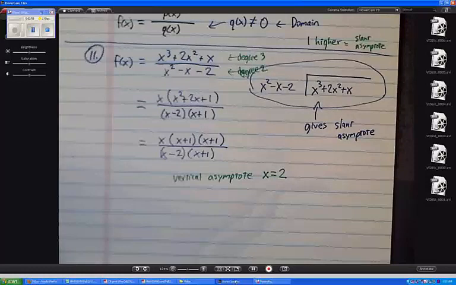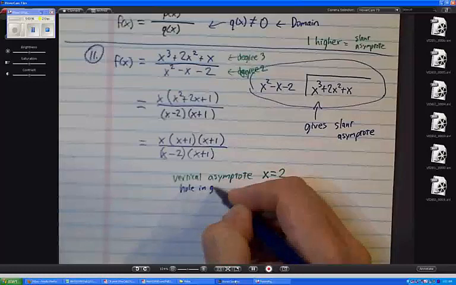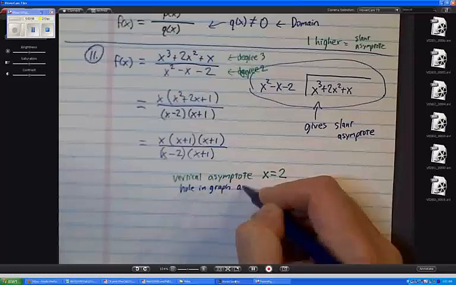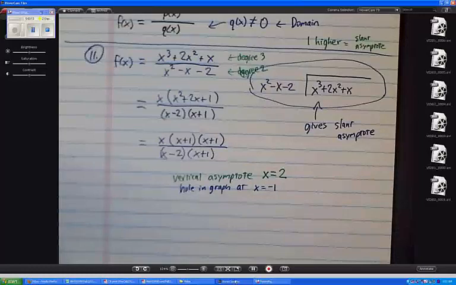But it doesn't make the numerator 0. Okay? But I'm going to tell you that we get a hole in the graph where? At x equals -1. Why is that one not an asymptote? Because it would make both of them 0. Okay? And we are out of time. But I think what you saw is probably enough to